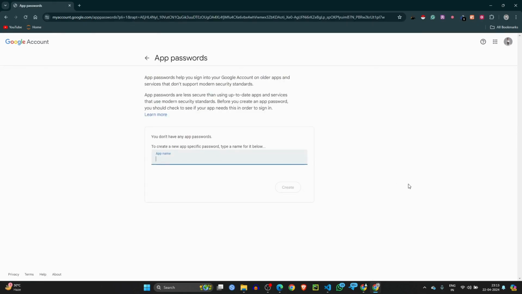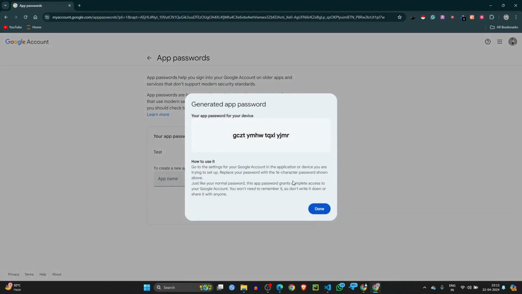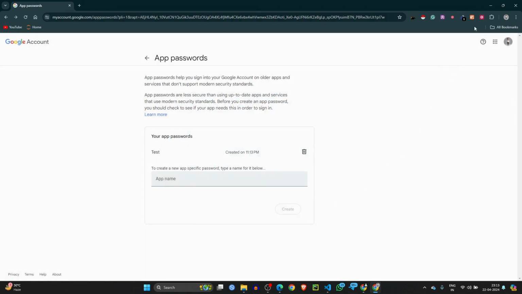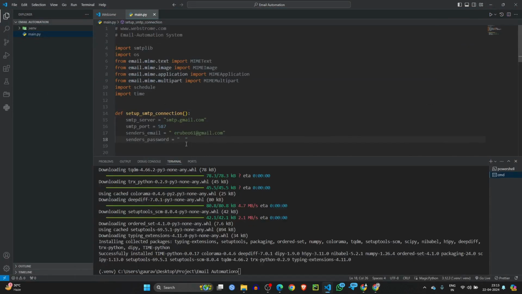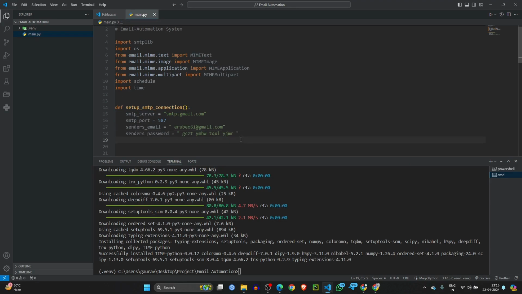Okay, so give a name, suppose I'm giving the name as test, so it will simply create a password for us. Copy it and close the tab and paste it here. So this is our password and this is our mail. Okay,